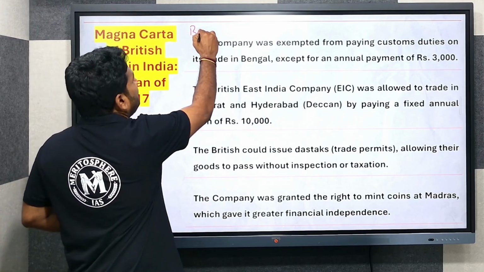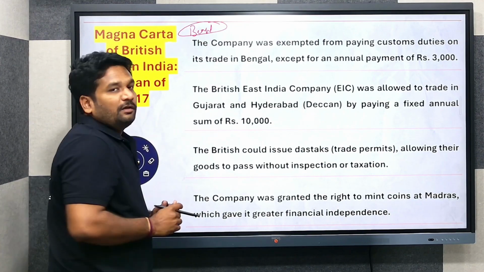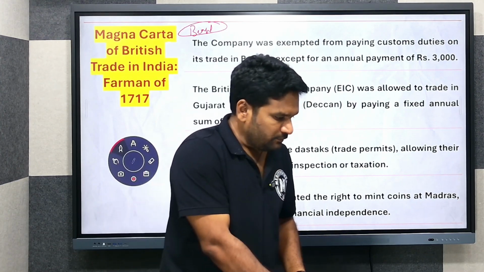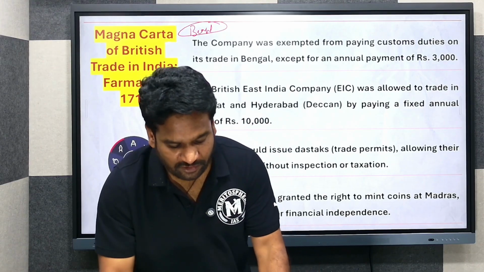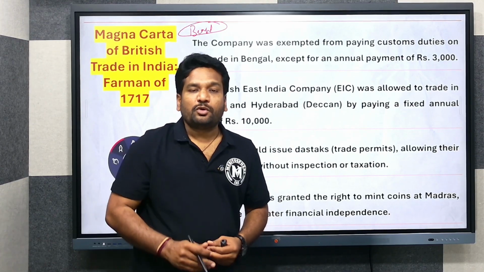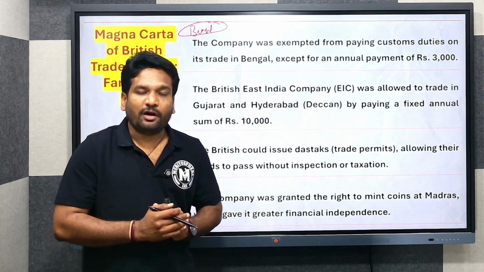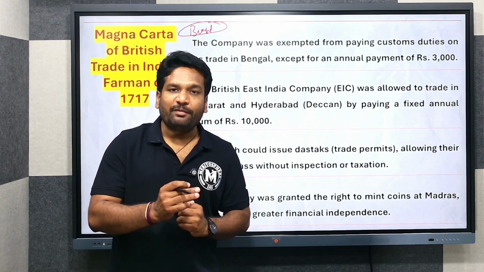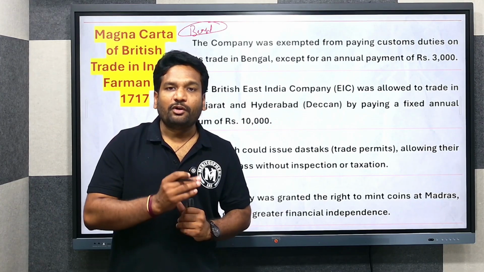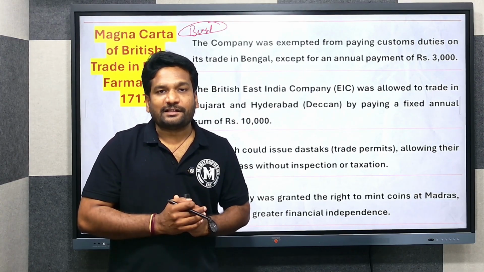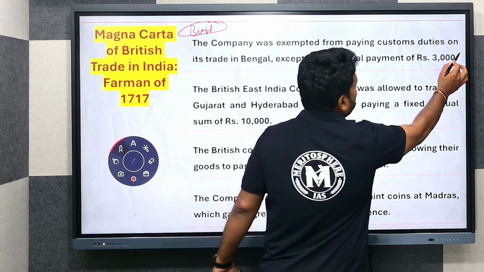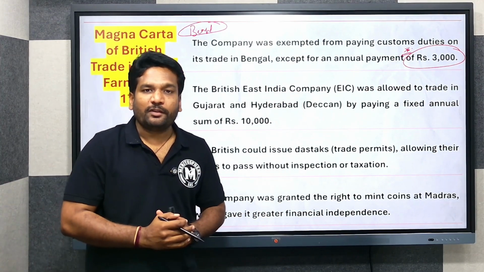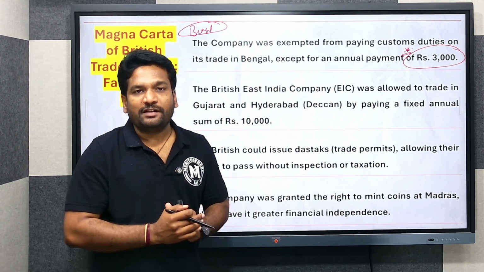So this first provision is related to Bengal province. The first provision says that, whatever the volume of trade in Bengal province, the British East India Company was allowed to trade in Bengal province without any customs duty, without any taxes, for an annual payment of rupees 3,000. So if the British East India Company pays an annual payment of rupees 3,000, then it can trade in Bengal province